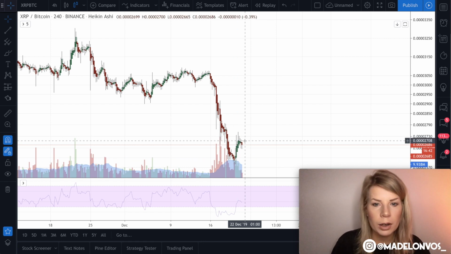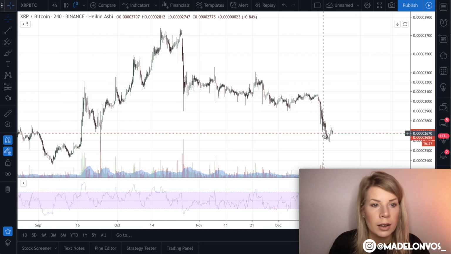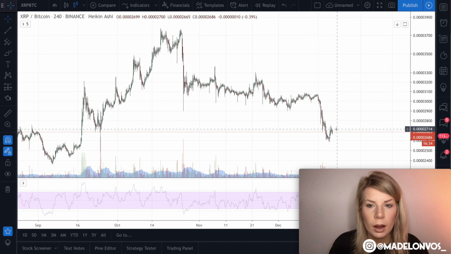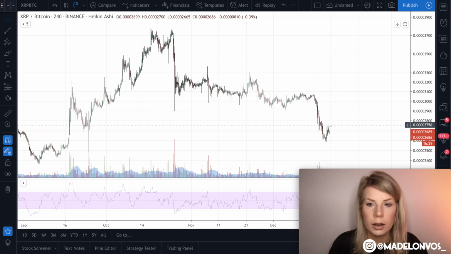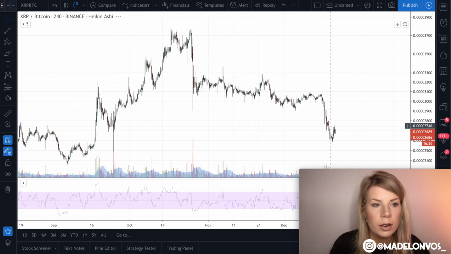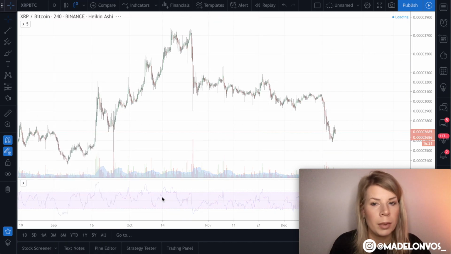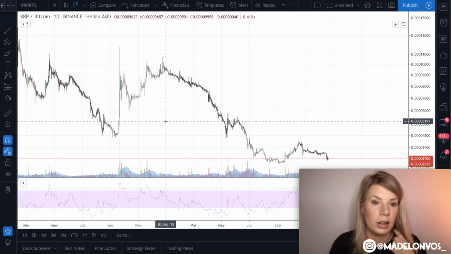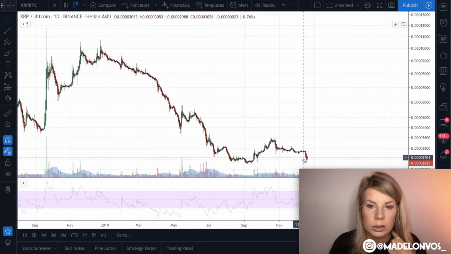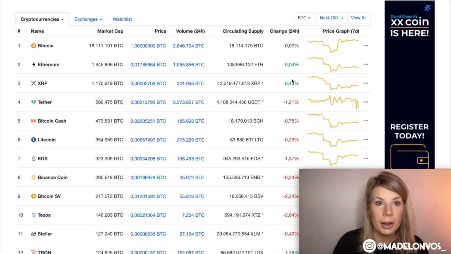But now we're hitting a new resistance line. Let's have a look. It's over here. Where the resistance, price hitting. It's right above here. This is going to be an interesting point. I don't feel like the price is going to hit it again. Maybe the price is going to be even lower. And if we take a look at a bigger time frame, then it's definitely yes. Of course, price is going to go much lower. Then this will be a new point to buy back in. But for now, because the prices are doing better than Bitcoin.